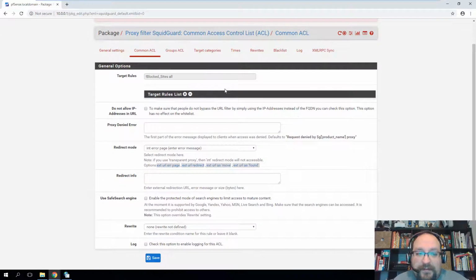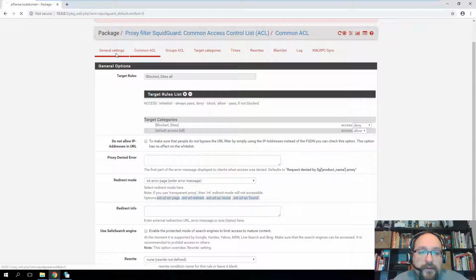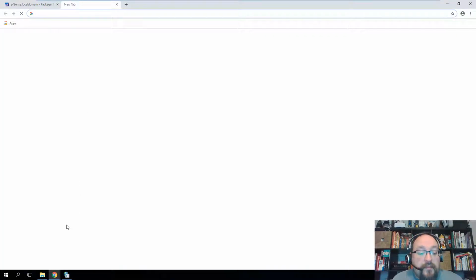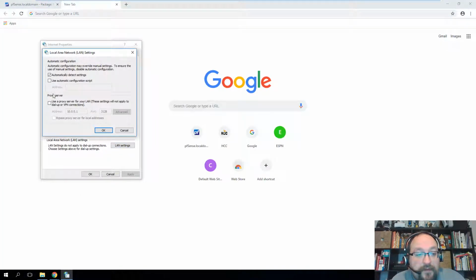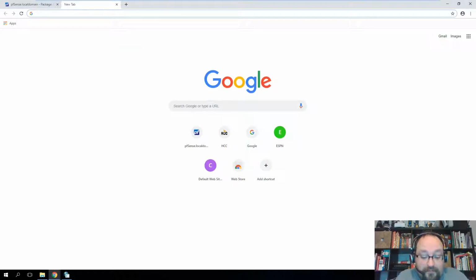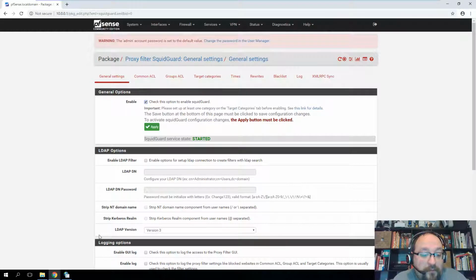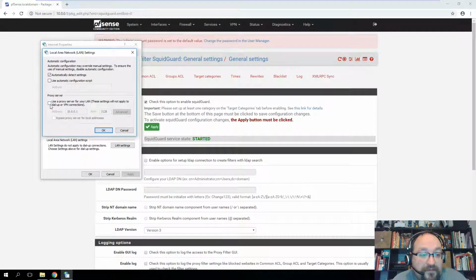Somehow I did that. Check our target rules, come back to our settings, and we'll apply, because even though the service is started, we need to apply the setting changes or the configuration changes. To activate those configurations, the apply button must be clicked. So even though it's running, we must apply all prior settings. Now it's done, and remember, I am not using our proxy server at the moment. So if we do HCCS, we should get it. We did. When we come back and apply our proxy settings,